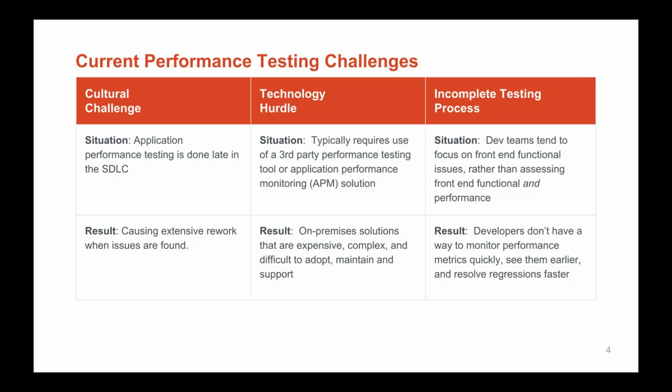Many dev teams focus on front-end functional issues rather than addressing performance and functional issues early on in the life cycle because they want to make sure it works. They've got CI/CD, they're trying to get it released and get as many releases as possible to the market. So the developers don't have a way to monitor performance and metrics quickly, to see them earlier and resolve those regressions much faster. If we go to the next slide,